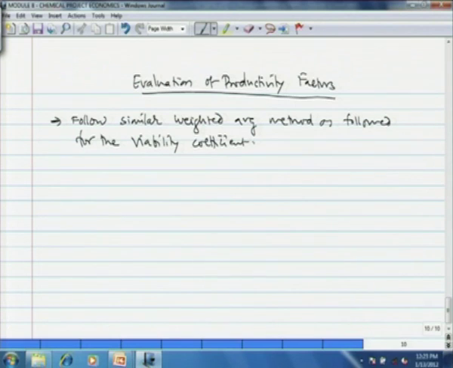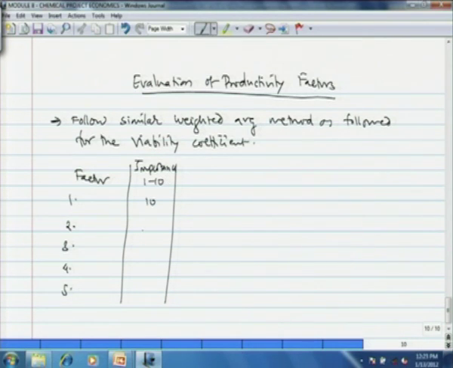So, you list all the factors that come under the productivity factor criteria, and then you assign them importance on the scale of 1 to 10. 10 is highest importance, then 1 indicating least importance,